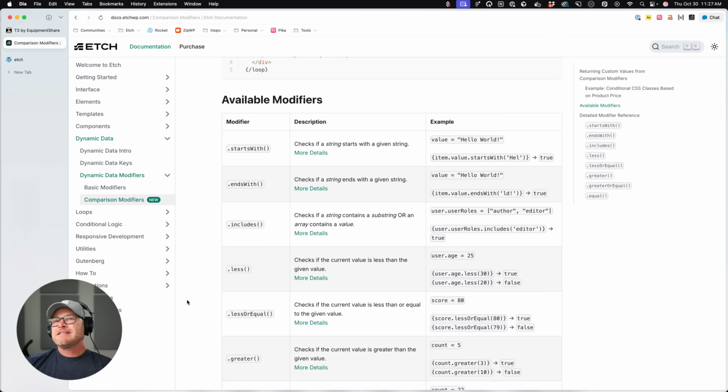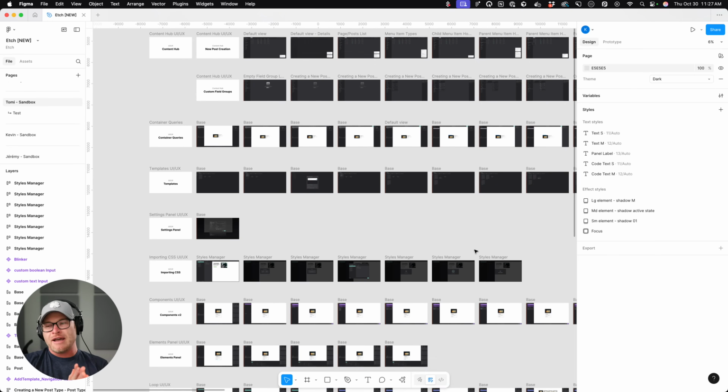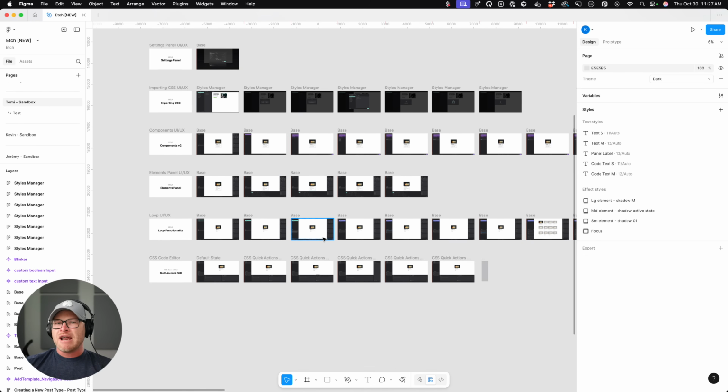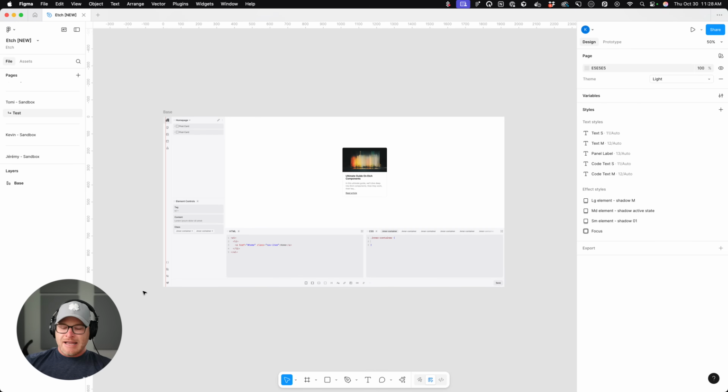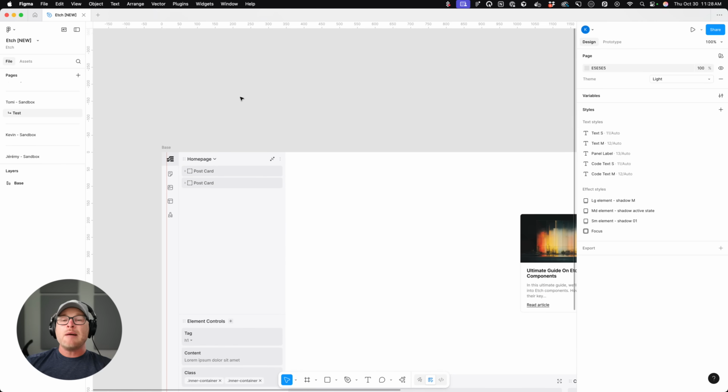Sneak peeks. Let's pull up some Figma, okay? So I'm going to show you 2 sneak peeks. One that I am not at all excited about. I don't work this way, but I will show it to you because I know some of you are maybe excited about it, but it is a light mode of Etch coming as an option, okay?